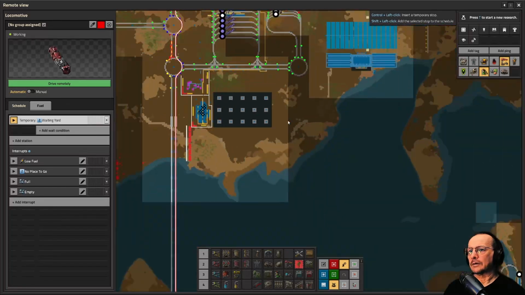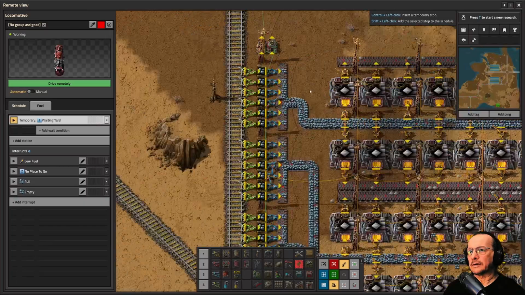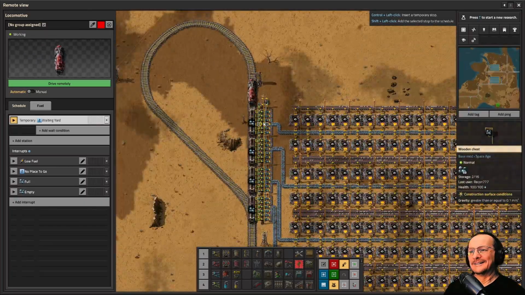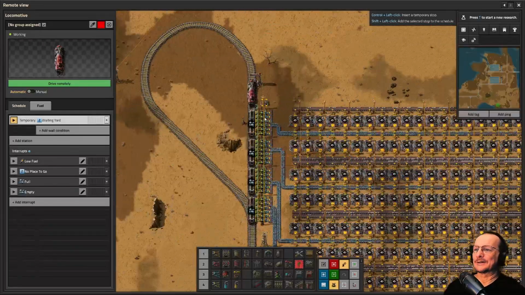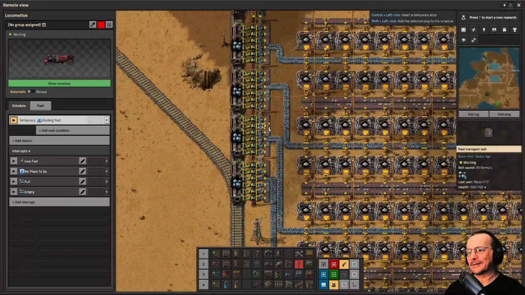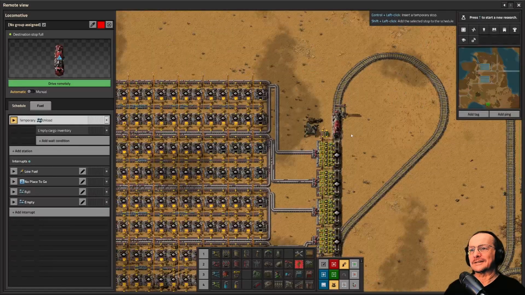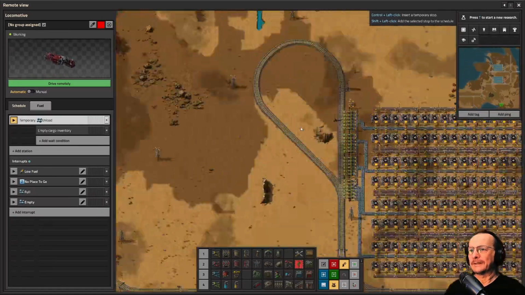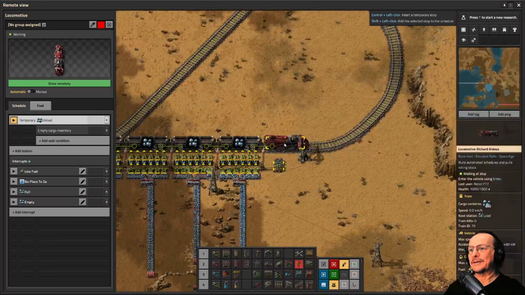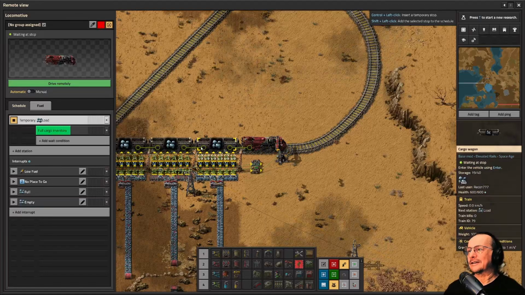Because, well, actually, shouldn't it go here? Oh, because there's already a train coming here. It's so cool. Having multiple trains in complex loading and unloading situations like this is incredibly cool. It's just incredibly cool. And that train's gone. Where's... Oh, it went straight here. It went straight here. So it got done